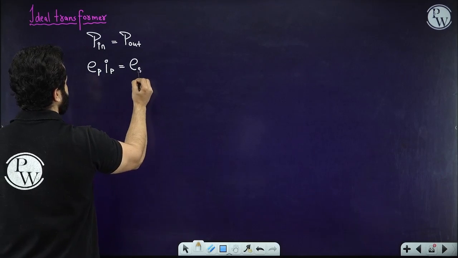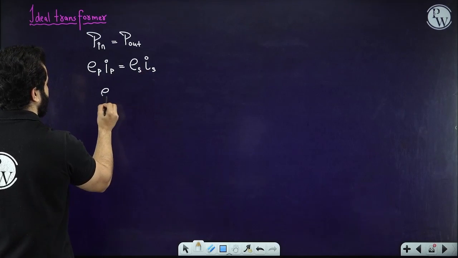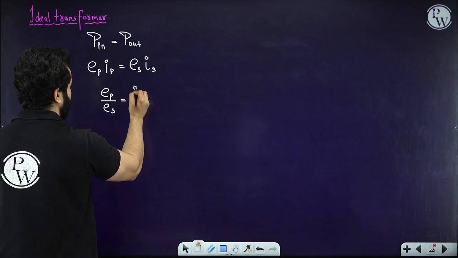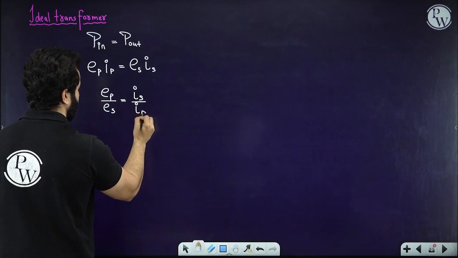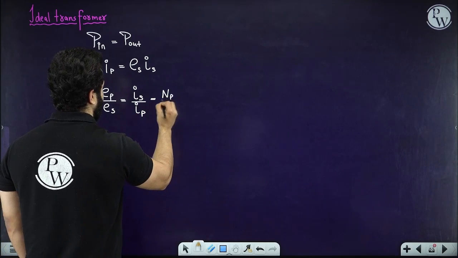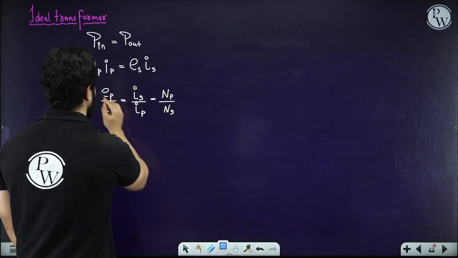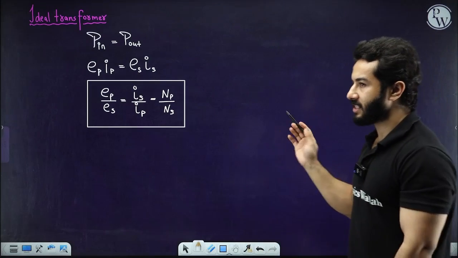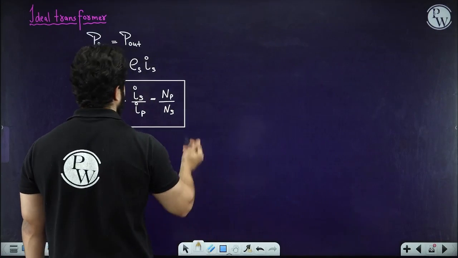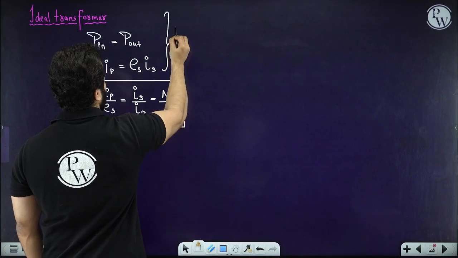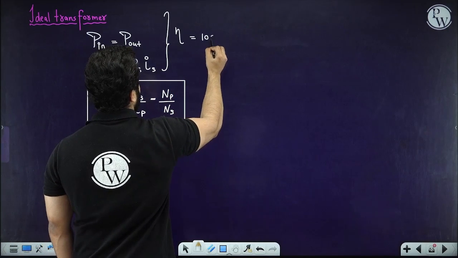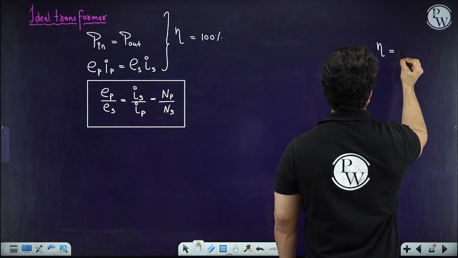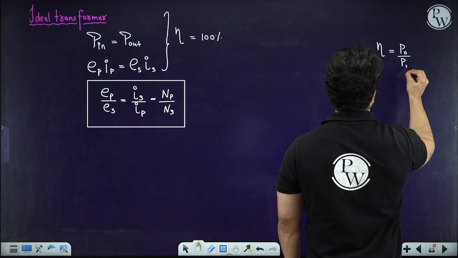equals Es, Is. So just now we have written Ep upon Es would be Np upon Ns. By the way, Ep upon Es can also be written as Is upon Ip equals Np upon Ns. So now everything is clear. This is an assumption that efficiency is actually 100% in this case, this is an ideal phenomenon. Other than that, realistically efficiency is output power divided by input power times 100,